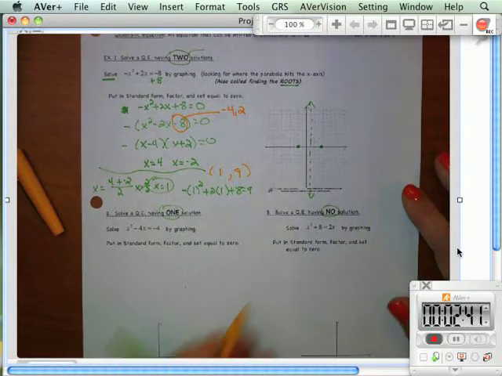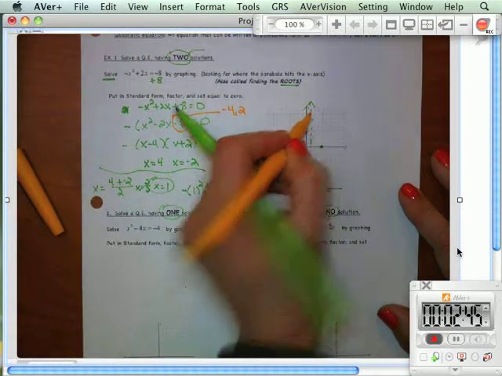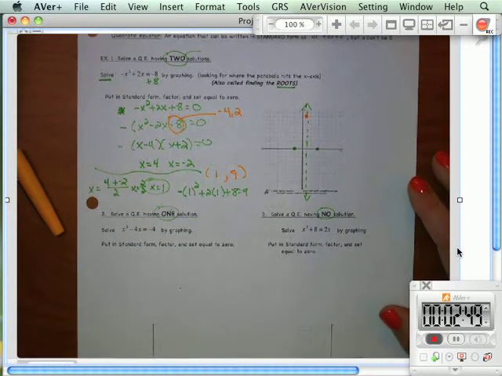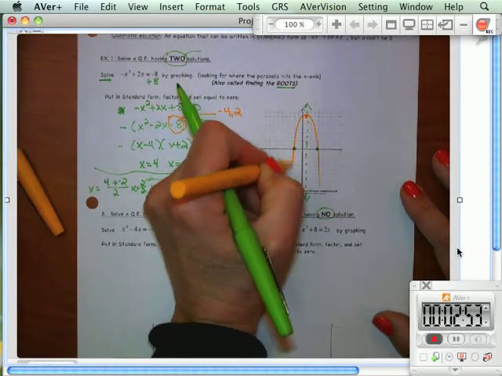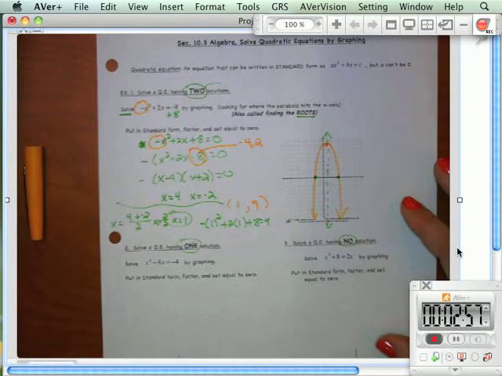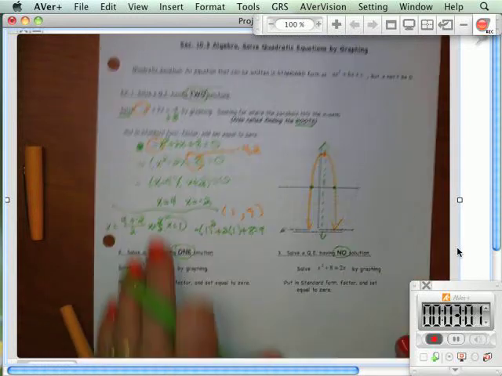So over 1, up 9. I think that's about here. I'm not going to count exactly. And that means it opens what? Down. Down, as it should. Shouldn't it open down? Yeah, because there's a negative. Correct, because this is negative. It should open down. So we would say for this problem, if it says solve,